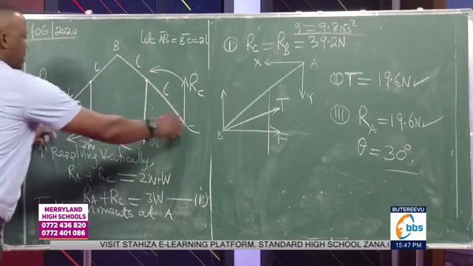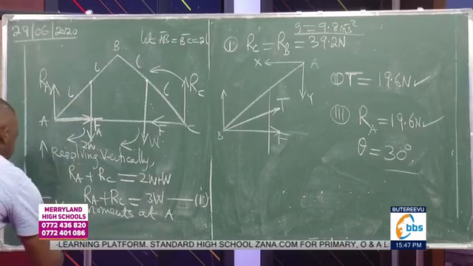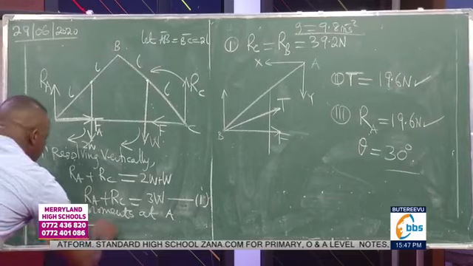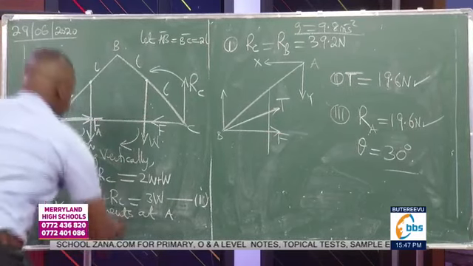RC will have a total distance of 4L. So I'll have RC times 4L, the only anti-clockwise force, should be equal to W